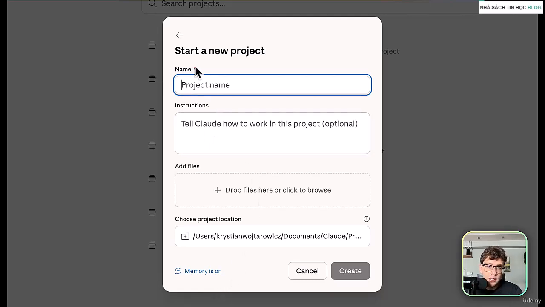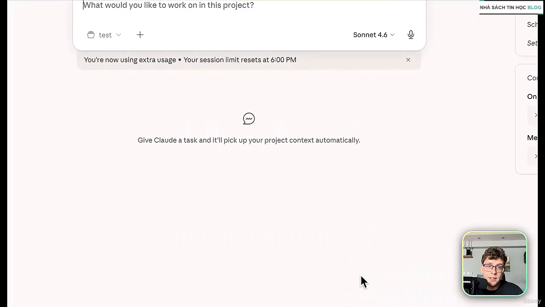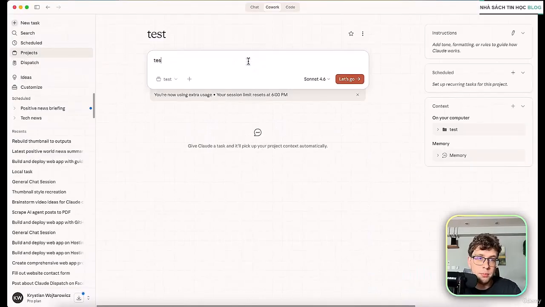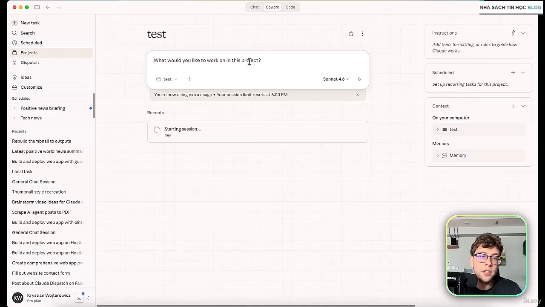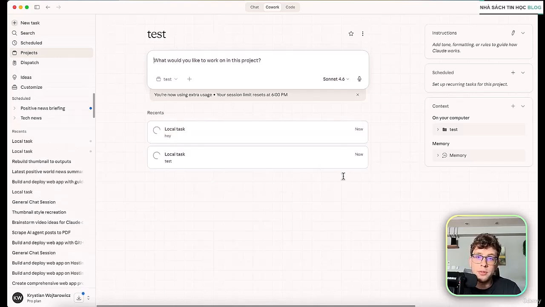For now, I can just provide the name, which is test. And additionally, what's very important, you can select a location for that project. And if you ever create some files, they are gonna appear in that folder itself. So we can click on create. And then what we can do, we can type some specific chats and they are gonna appear in this project, okay? They are gonna be hosted here. And once again, these chats are gonna have access to the instructions. You can schedule the tasks within the project. It's gonna have access to the files you provide inside, also the memory and the folder you specify.